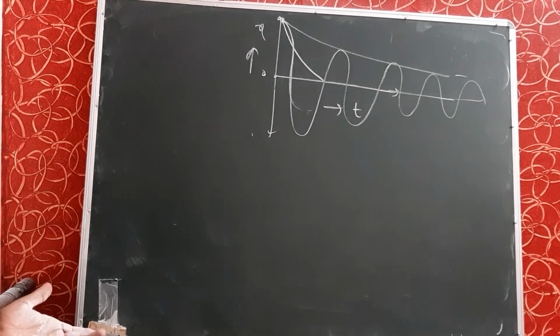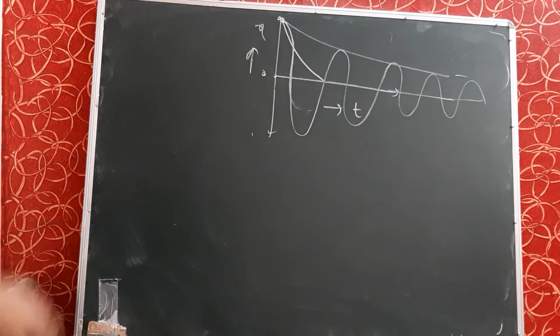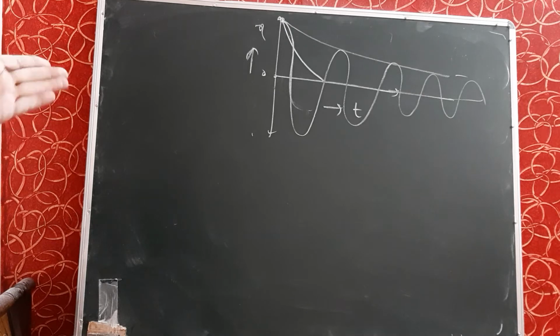Similarly, we will study the damped electrical oscillator, and in the electrical oscillator only x will change to charge Q, and the same type of graph and same type of behavior is observed in electrical oscillators. So, in the next lecture we will discuss the damped electrical oscillator. Thank you very much.